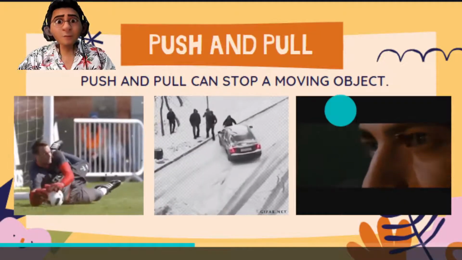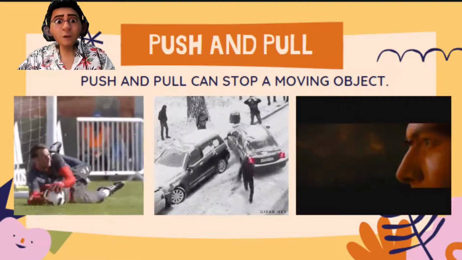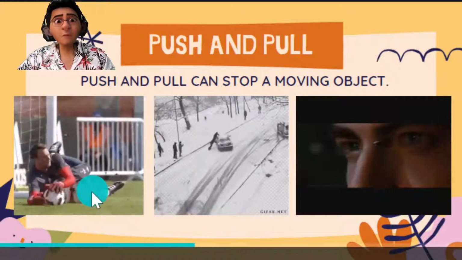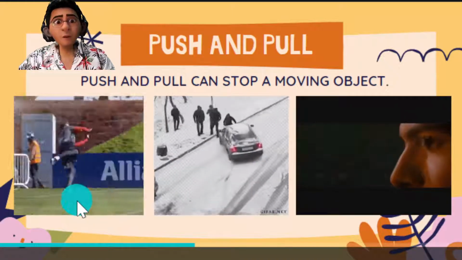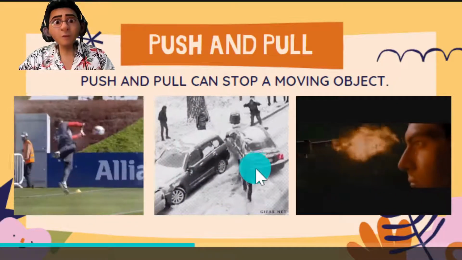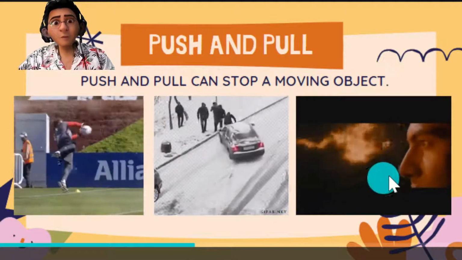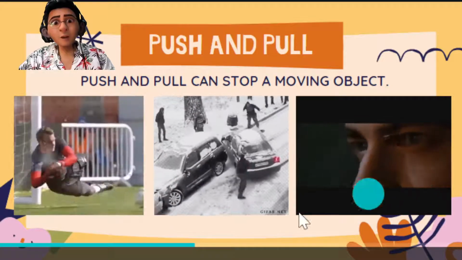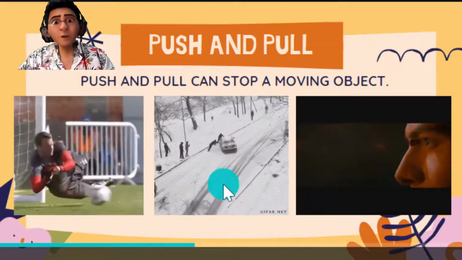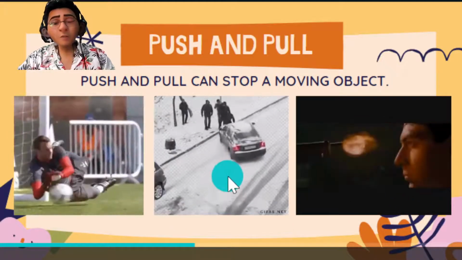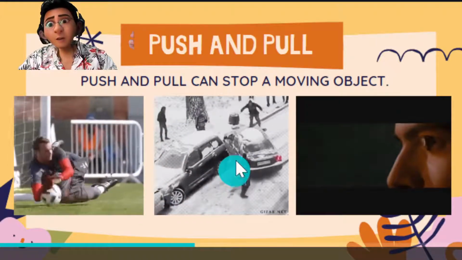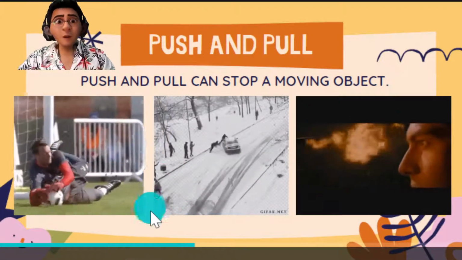Push and pull can stop a moving object. From a moving object like this, moving ball, stop. From a moving car, orang push, then it stop. From a moving bullet, it stop. So the first one tadi push and pull can start and ia akan stop, boleh stop, can stop a moving